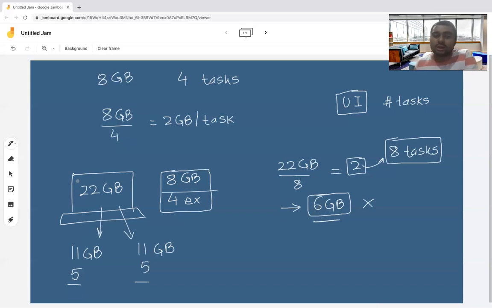So the total amount of memory on the machine should also be one of the deciding factors when choosing how much memory you would like to allocate to the executors. Just see that the wastage, or the underutilization of memory, is minimized.